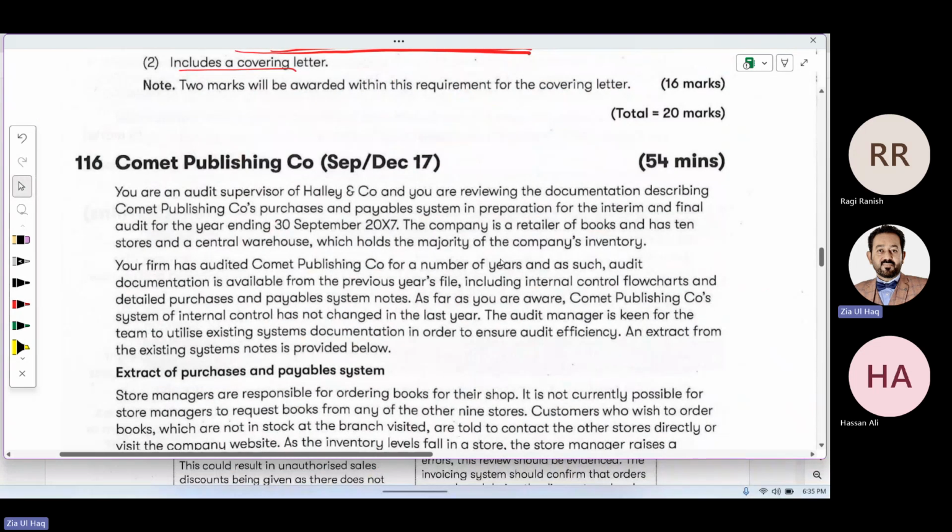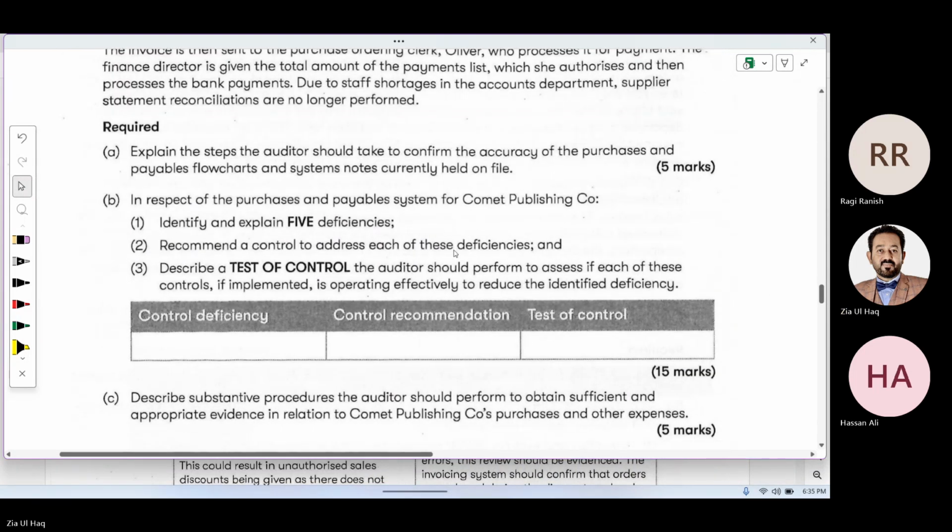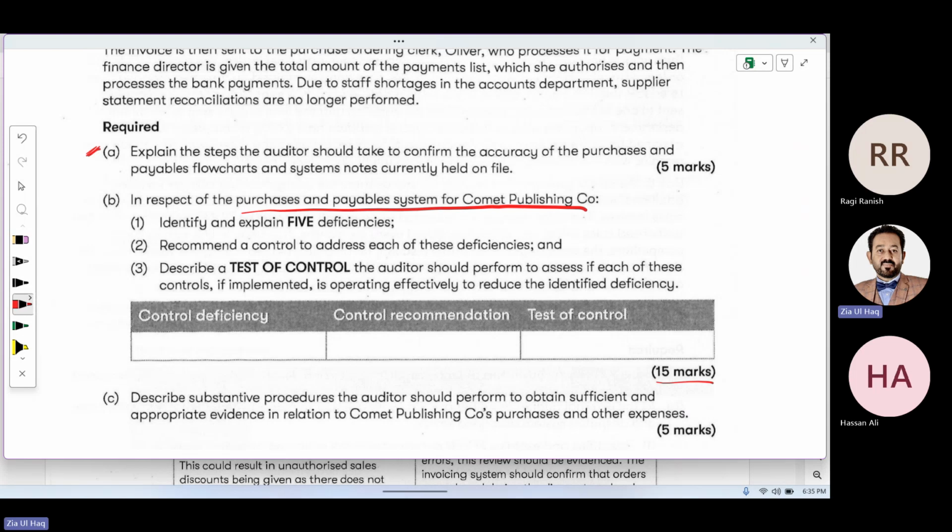So let's move towards the next question. That is on the purchases system. Requirement A of the question, we will study in the next chapter. Requirement B we can cover now. For 15 marks, in respect of the purchase and payable system for Comet Publishing Company,